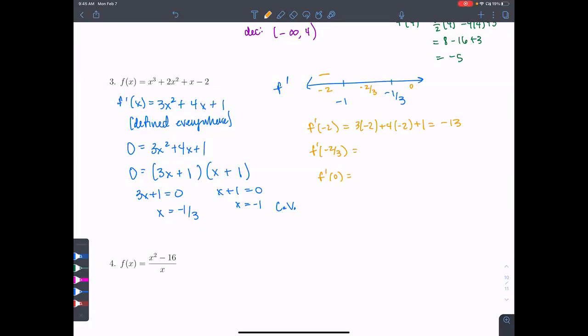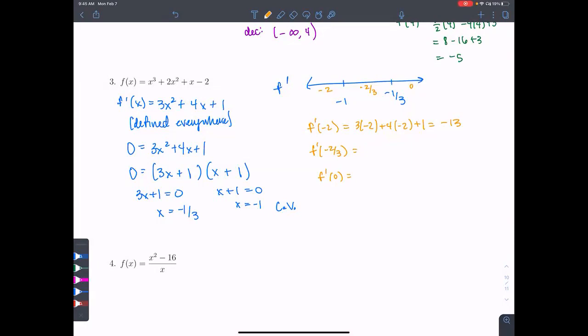Did I plug it into the right thing? Yes. -6 minus 8 plus 1. That's negative. I believe that that's negative. Do y'all agree with me? That doesn't match my own work, which is a problem. Okay, so